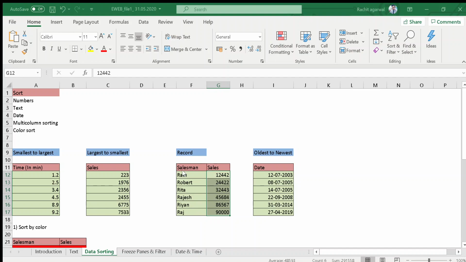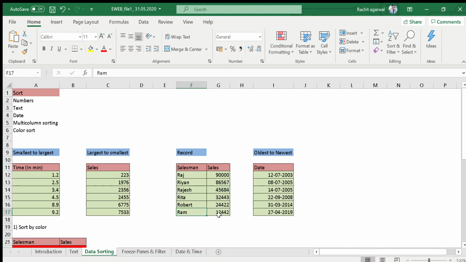All right, so if you want to sort this column as well, select Expand the selection and click Sort. So here the first person is now Raj, because the sale of Raj is 90,000, and Ram is the smallest record person, earning only 12,442. So now Ram is at the bottom of the list.